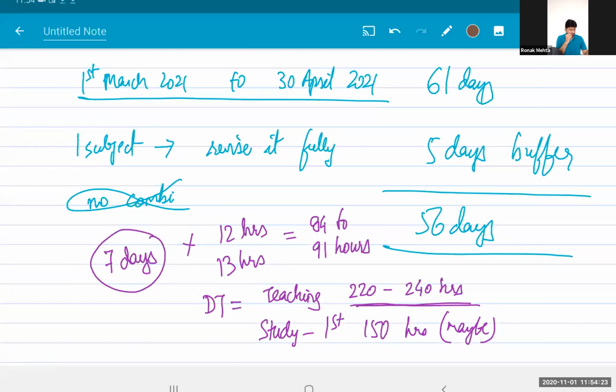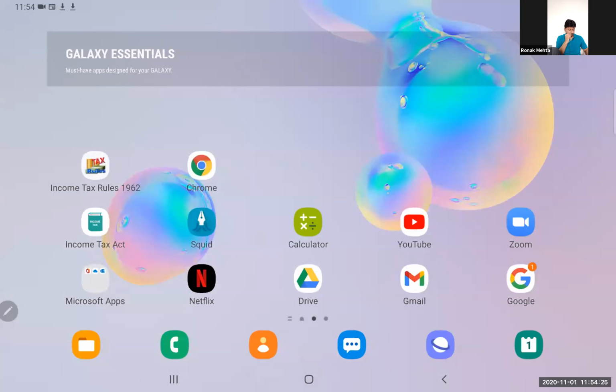Sir, amendments for November 2021. See, the November 2021 and May 2021 budget is the same. Budget is absolutely the same. So that means the textbooks will be the same. And as far as the other amendments are concerned,